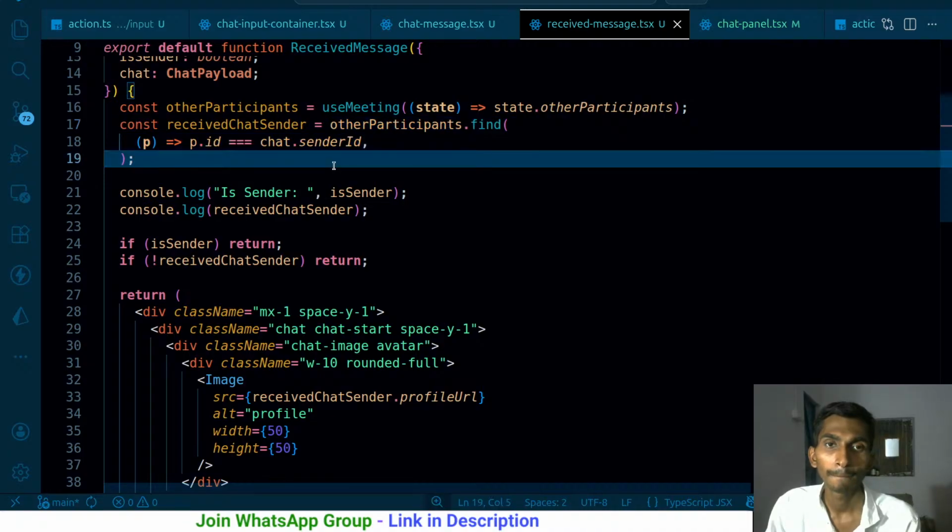I can do one thing. Once you join the meeting, you will always be a part of the meeting until the meeting actually ends. Got it? If the meeting ends, then okay, there's nothing to worry about. But if you just leave the meeting, you will still be part of the meeting. It's just that is left will be true. That simply means